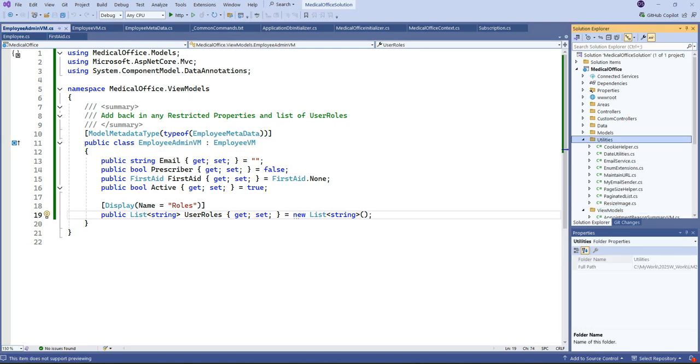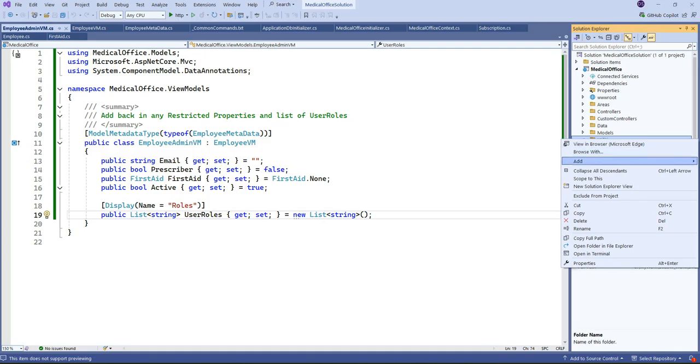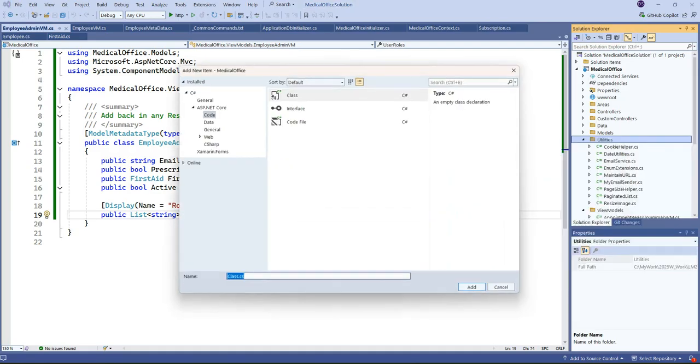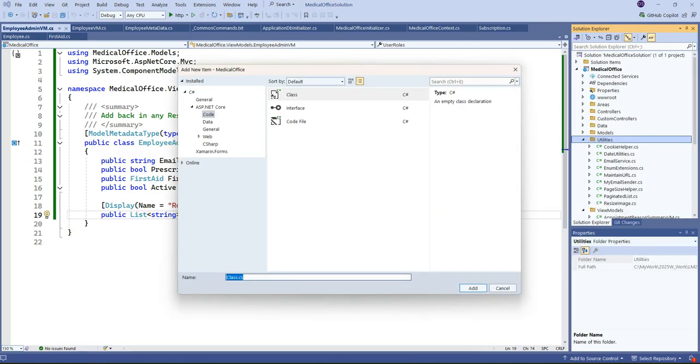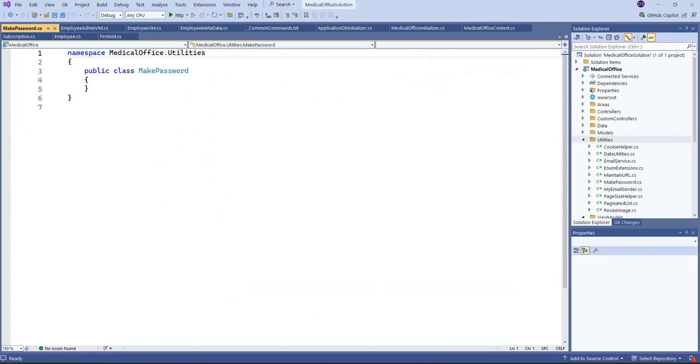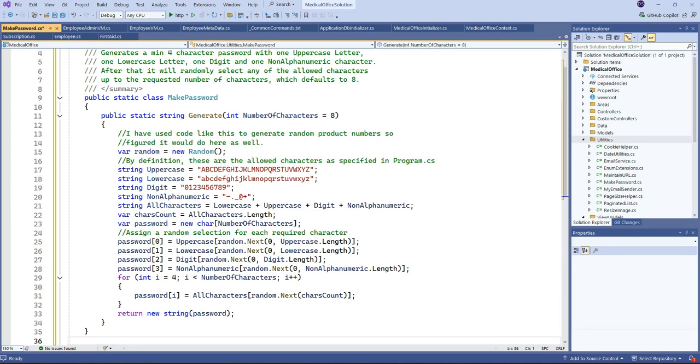what I'm going to do is add a little utility class here in the utility folder. I'm going to call it, well, what am I going to call it? Make password, right? Okay, so let me just grab the code here. And, this isn't the be all and end all, but, basically, this is the kind of thing I've done before with the